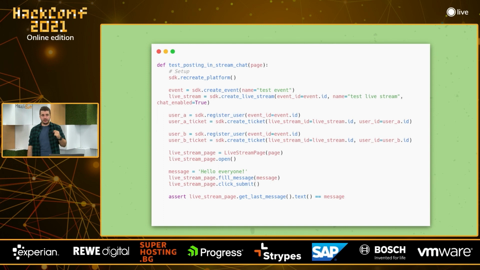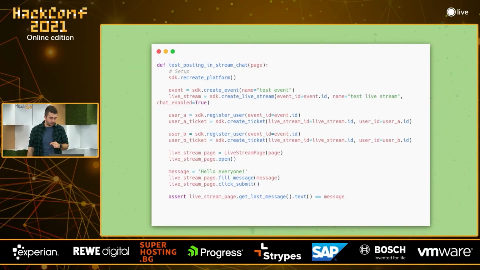One option is to create more custom APIs that are interacting with the database and creating whatever needs to be created there. And the other way that we think of is just clicking through the interface. Everything in our platform is testable through the interface. You can go to the admin panel and create an event, create a session, mark this session as chat enabled, and just have it there.